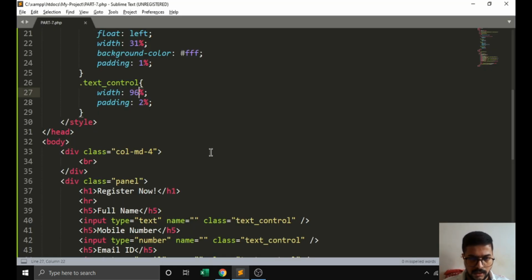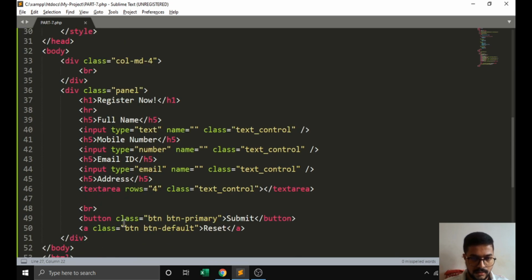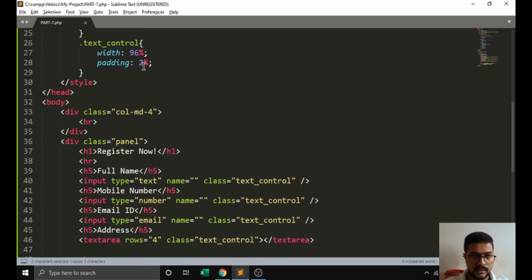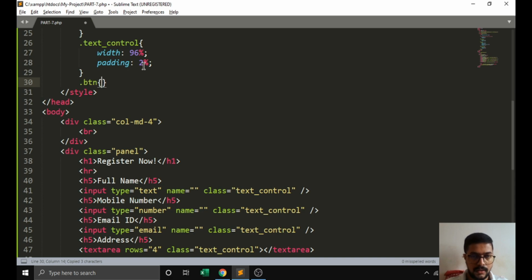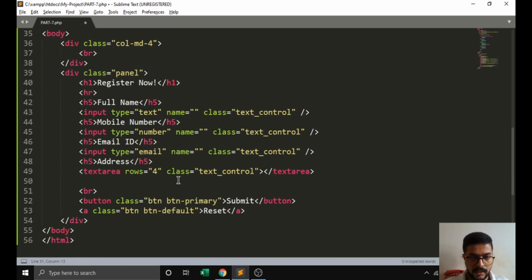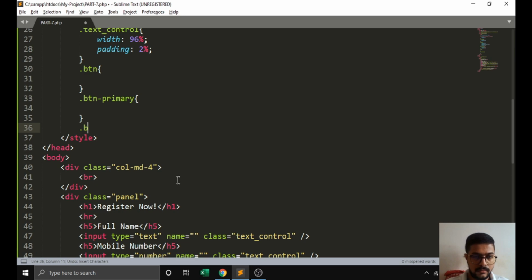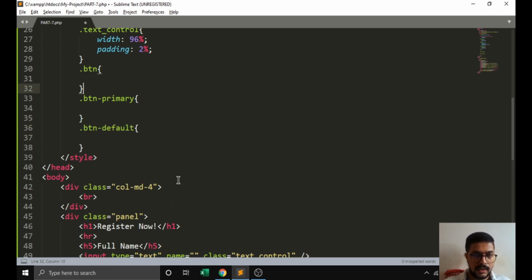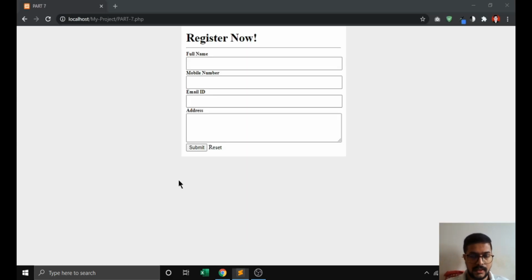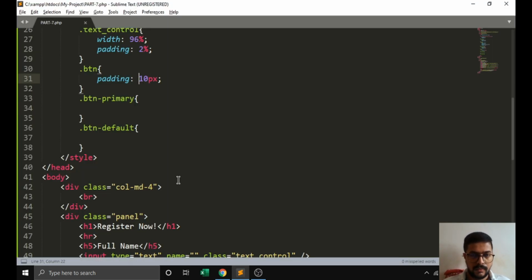Then we have to color the button's text over here. We have to assign it to the main button property. Here we are passing two different classes, button and button-primary, and button default. In the single button tag we are passing a padding property of 10 pixels or something. We can add a percentage or pixels also; that depends on us.